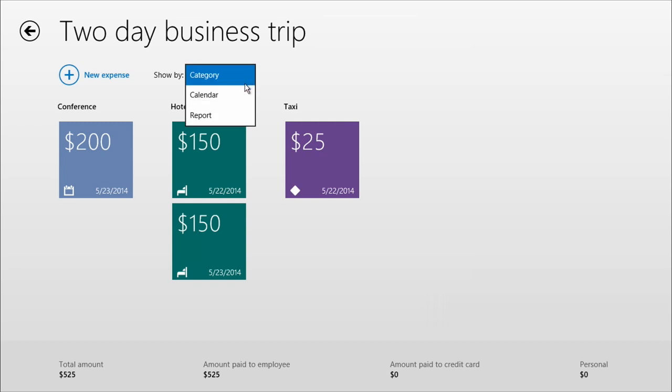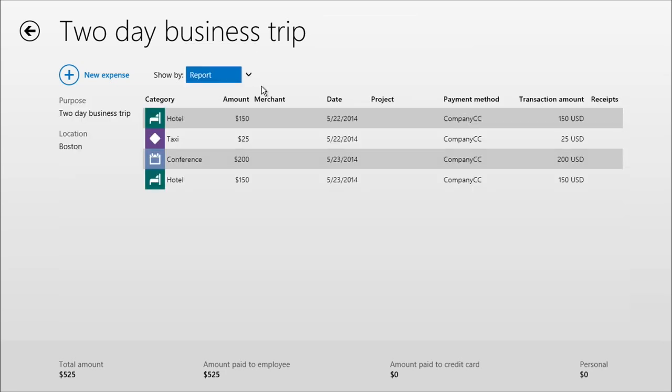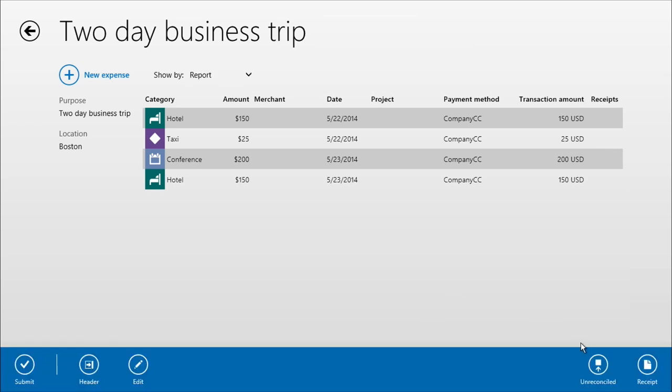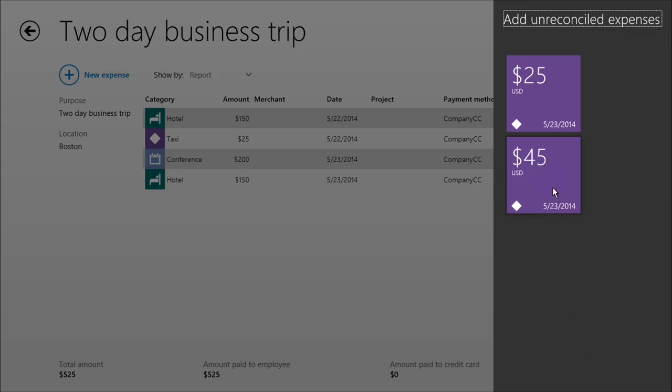I can also look at them in a calendar view, which gives me a nice way to see how much money I spent on each day. And I can also see them in a report view, which is great when I have a lot of expenses to go through. I'm going to bring up the app bar and click on the unreconciled button